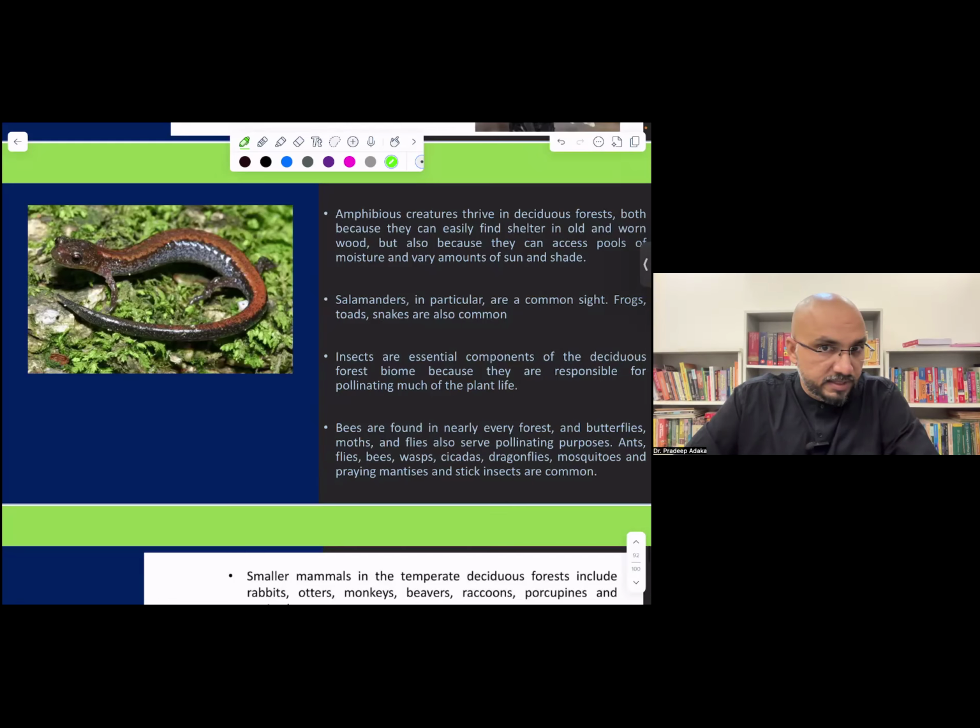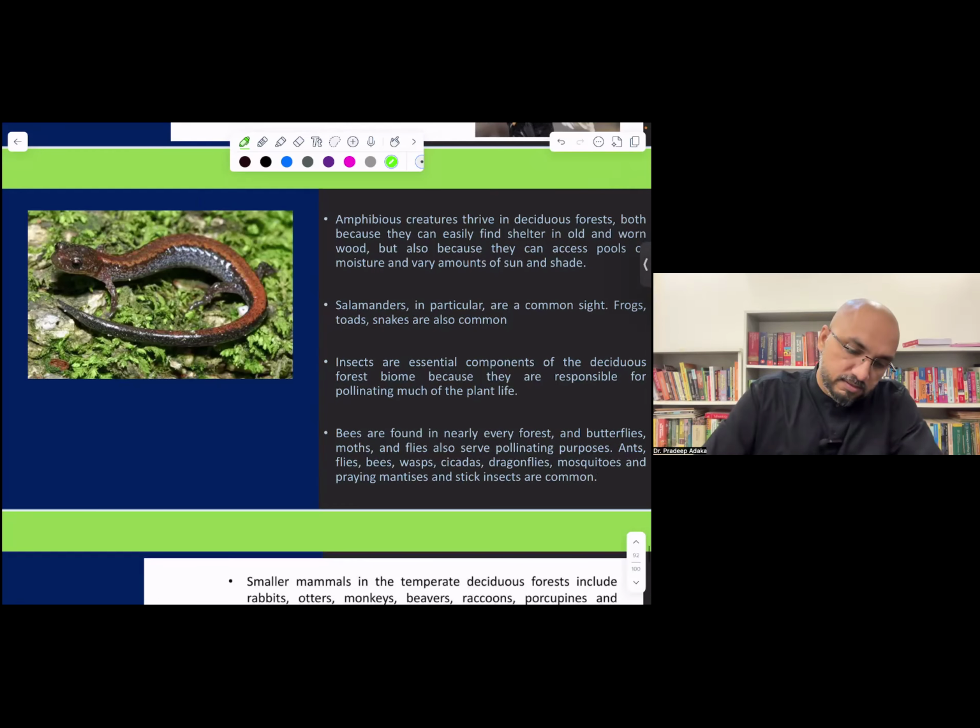Another important fauna that you see is amphibians, right? So salamanders, these are indicator species. Amphibious creatures thrive well in deciduous forest because plenty of leaves are on the ground, so they can easily hide in the leaves. So they can easily find shelter